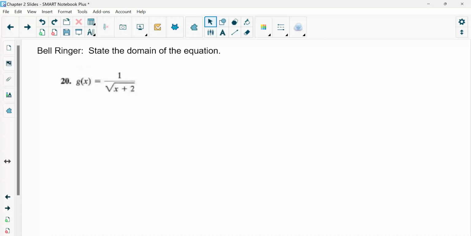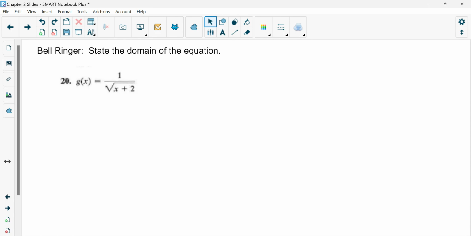All right, so for number 20, when you're asked to state the domain of an equation, remember we're trying to figure out what the exclusions are that are not going to work. Okay, so we see that we have a square root in there. So what are the only types of numbers we can take the square root of? 0 and anything that is